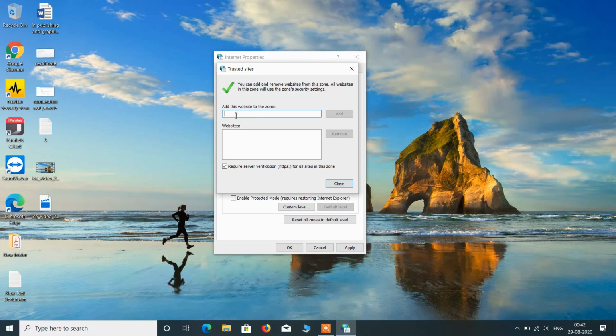For example, if it is google.com, then just type it like this, https. Make sure that you are writing https colon two front slashes www.google.com. After this, just click on the add button to add this website to the trusted sites zone. So just add that website that is creating the issue.